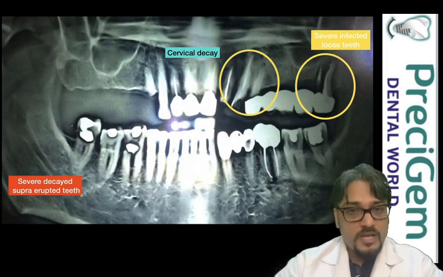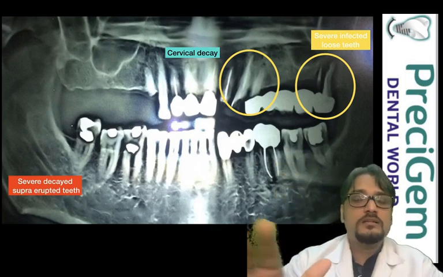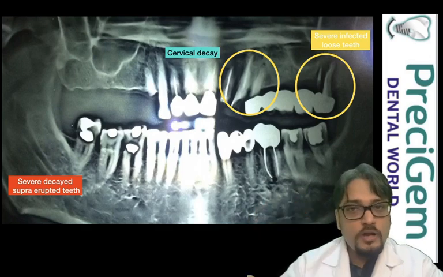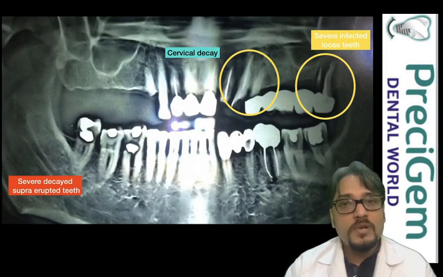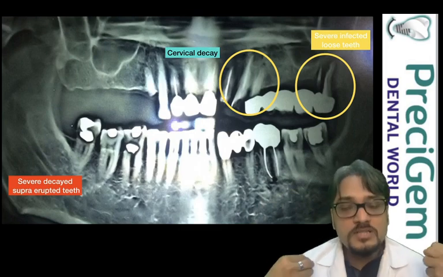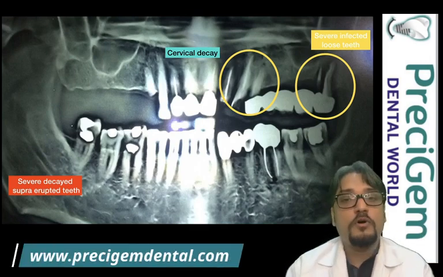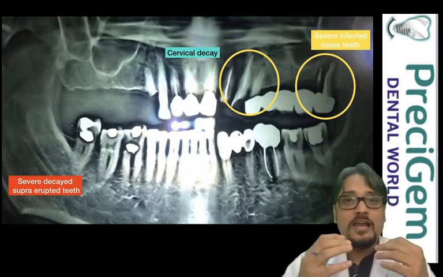So if we replace his upper right-hand side with dental implants, and the teeth on the left-hand side are loose and mobile and eventually fall out, the patient will start chewing on the implants, and eventually if the implants are overloaded, the bone will reject the implants, and that's what we don't want. We always want your implant to stay in your mouth for your lifetime, and that is where the treatment plan is most important. And how do we do it?